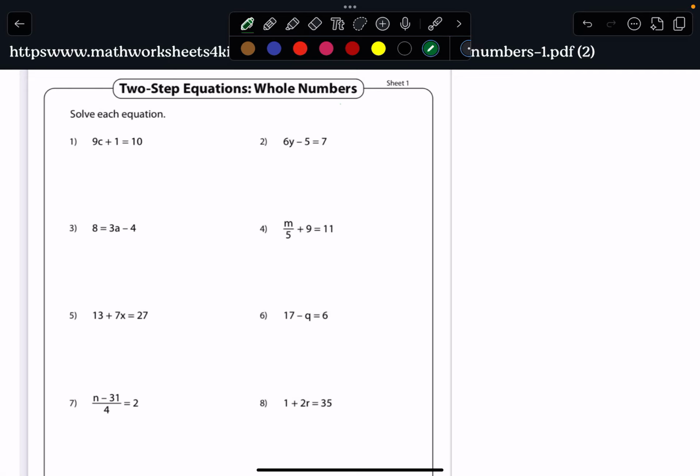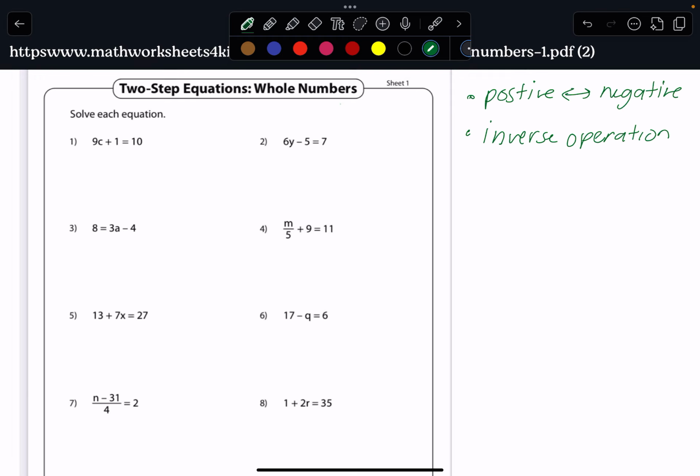So here we are. This is two-step equations. The most important thing that you really need to know is that the opposite of a positive number is a negative number, okay? And the opposite of a negative number is a positive number. You also need to know your inverse operations, which in this case is just a fancy way of saying,